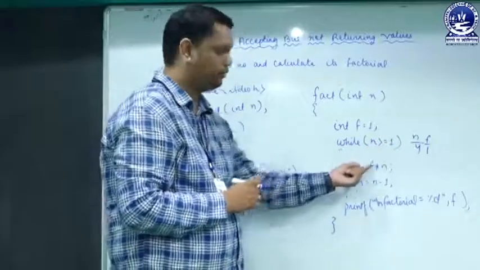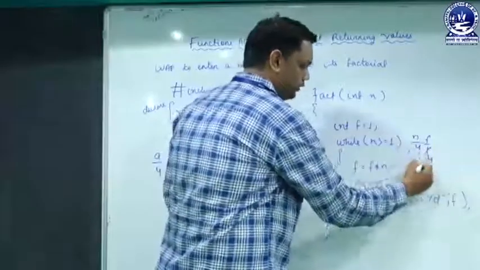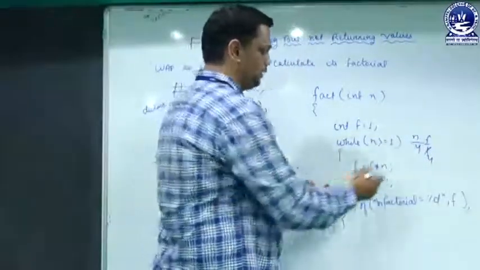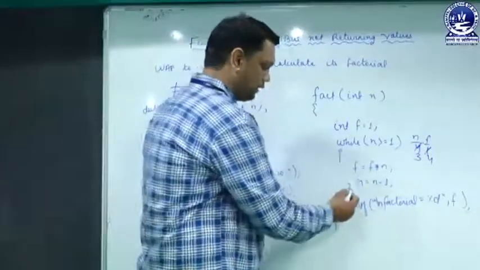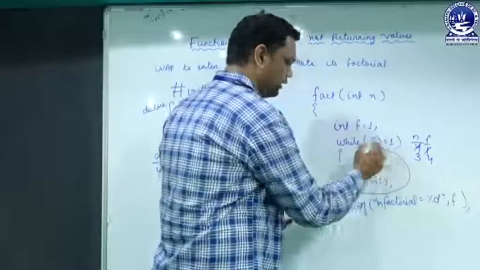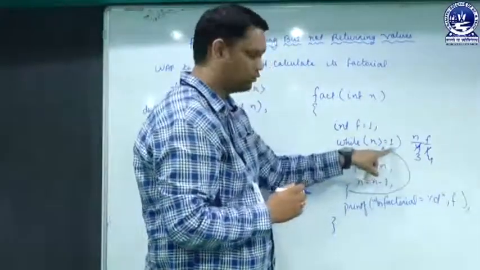Here it will come, f into n, 1 into 4 that is 4, it will be stored in f. n equal to n minus 1, so n value becomes 3. When it comes to this curly bracket, it will be redirected to the condition again. Now the value of n is 3, 3 is greater than or equal to 1, yes true, it will enter over